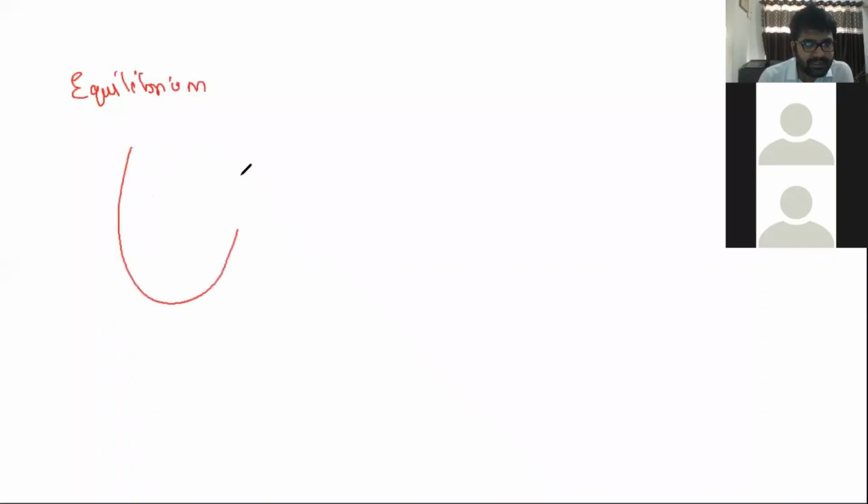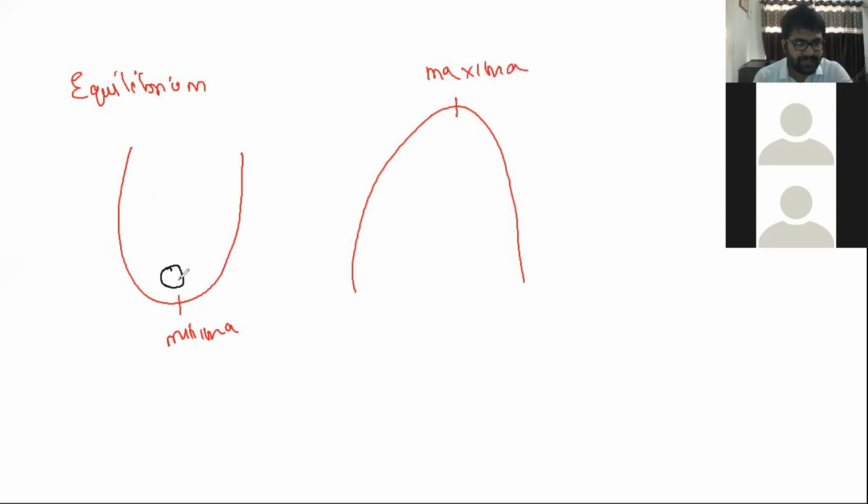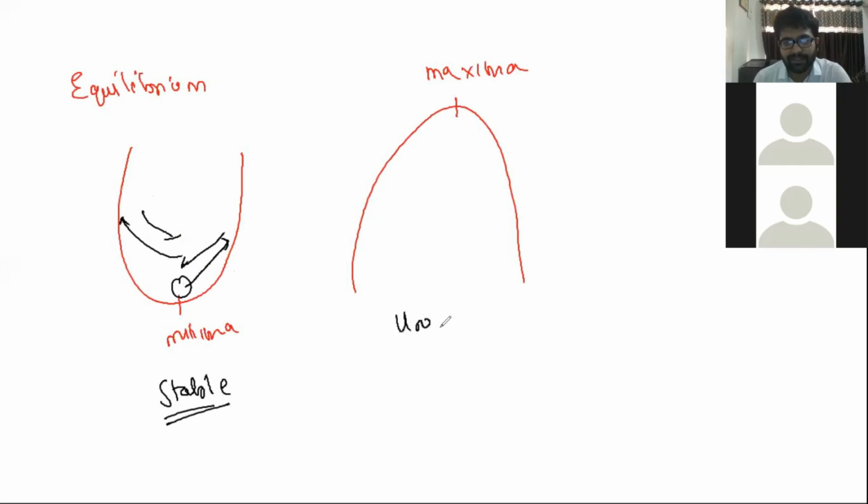Do you realize that this is minima, correct? And this, everybody, is maxima. Tell me, if I tell you to keep a ball in this minima, it is stable, right? Because if I pull this ball, it will come down, it will go up, it will come down, it will oscillate, but eventually it will reach this point again. This is stable. But if we talk about maxima, people, it is unstable. If you keep a ball on maxima, then just a gentle push and it will never come back to the same maxima. So this is unstable.